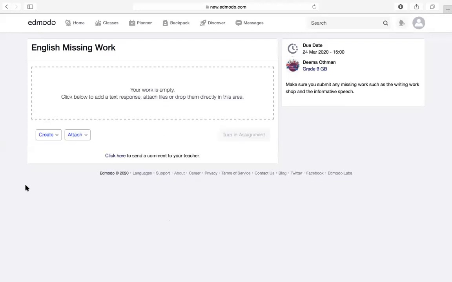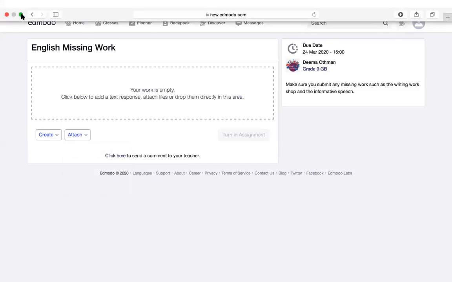There are different ways to submit your assignment. You can create either a text response, a Word document, or a PowerPoint presentation or Excel. This depends on what is required from you. So again, you need to make sure that you read the instructions properly, and then you can start working from here. As you know, Edmodo can allow you to access Microsoft Office. Or you can do the work on your desktop, on your laptop, and then simply attach it from your computer. You can attach the file or the link from your computer. Or you can simply open your folder